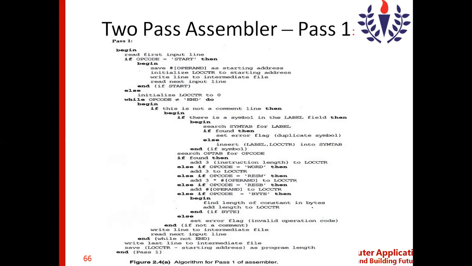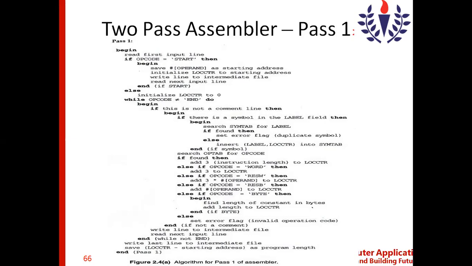Based on that, the assembler converts the source into object code by considering the opcode and the operand. The operand address we get from the symbol definition. So if there is a label symbol in the label field, then obviously that information has to be added into the symbol table. In pass 1, the symbol table will be created.